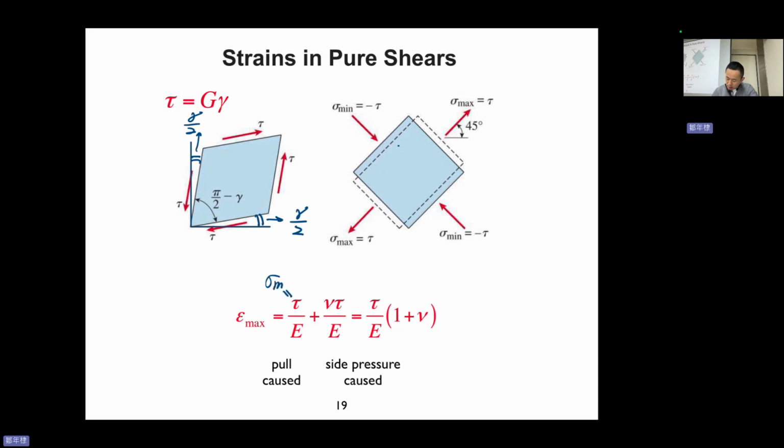Sigma max divided by E, which means tau divided by E, because sigma max equals tau. So this is the first term. You can imagine that the epsilon max along this direction, how about I make it this axis? Sigma max in this axis